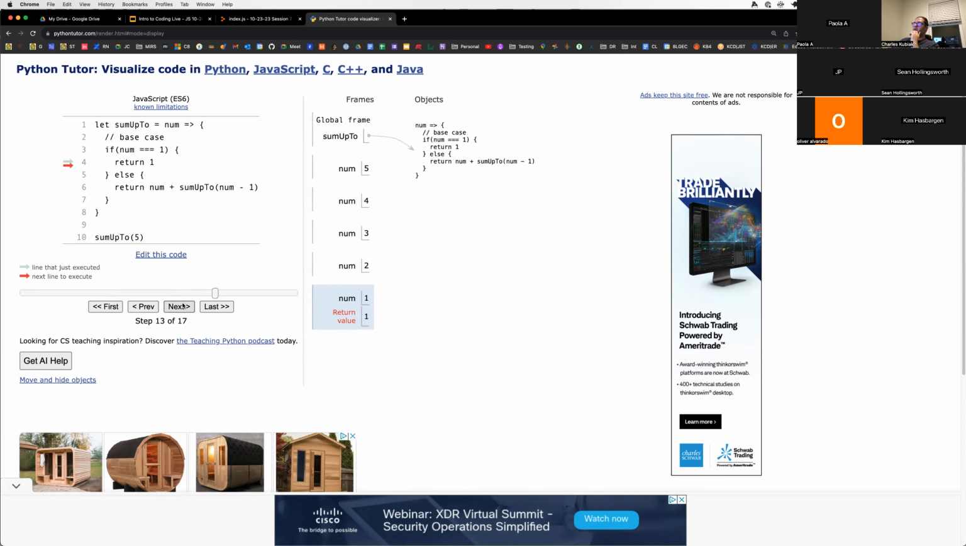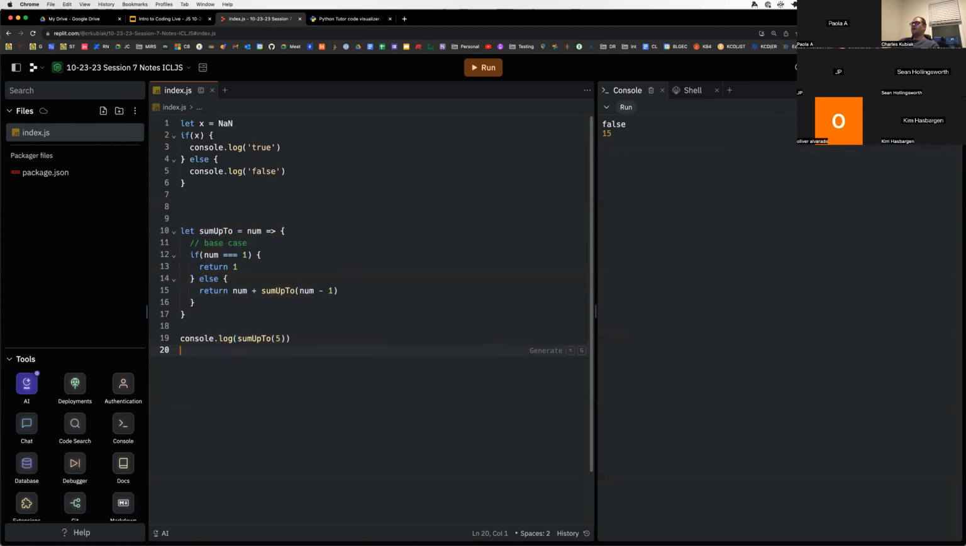We return 1. And the next one we return 3, because it kicks back up to this line, and it's num, which is 2, plus 1. So the return value is 3. The return value is 3 plus 3, which is 6. And then 6 plus 4 is 10. And then 10 plus 5 is 15. All right. And it's the same thing as doing